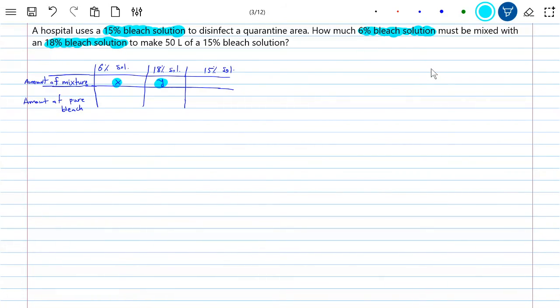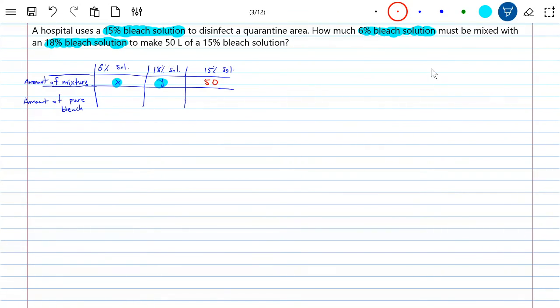And what do we want to make? We want to make 50 liters of that 15%. So the amount that you get from adding x and y should be 50 liters. If you add the mixtures together, you should get 50 liters in terms of amount. But the percentage,